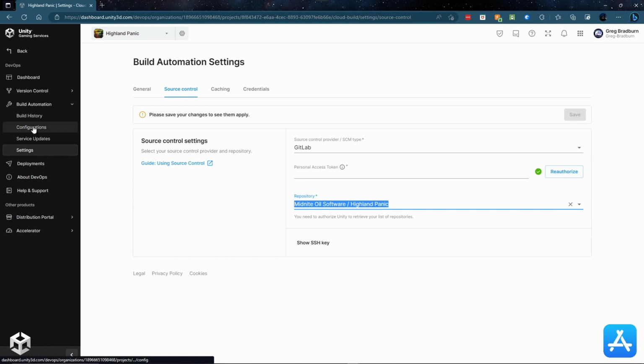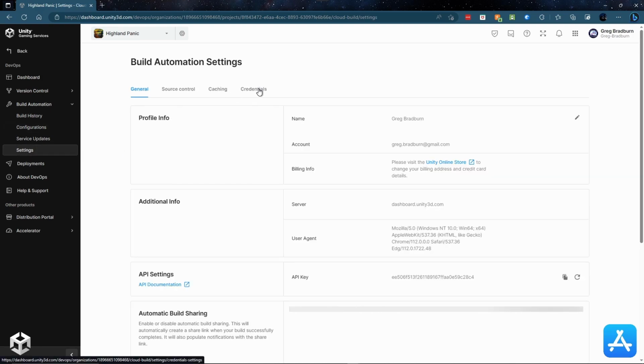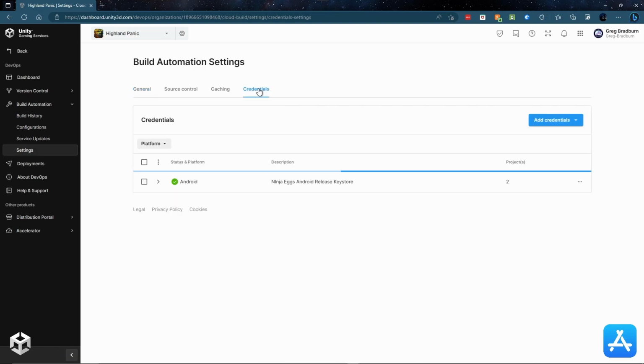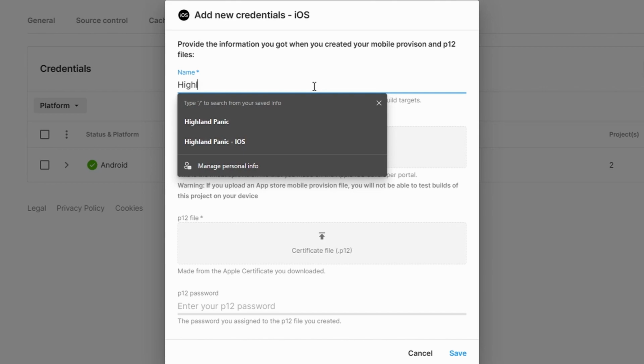So we need to set up a build configuration for that. If you go over to my Highland Panic configuration, you see I've already got one for Windows. We're going to create a new one for iOS. But before we do that, we want to go back into our settings and click this Credentials tab here. As you can see, I've got credentials here for Android to release my Ninja Eggs game up to Google Play. We're going to click Add Credentials, check iOS, and then I'm going to call this Highland Panic